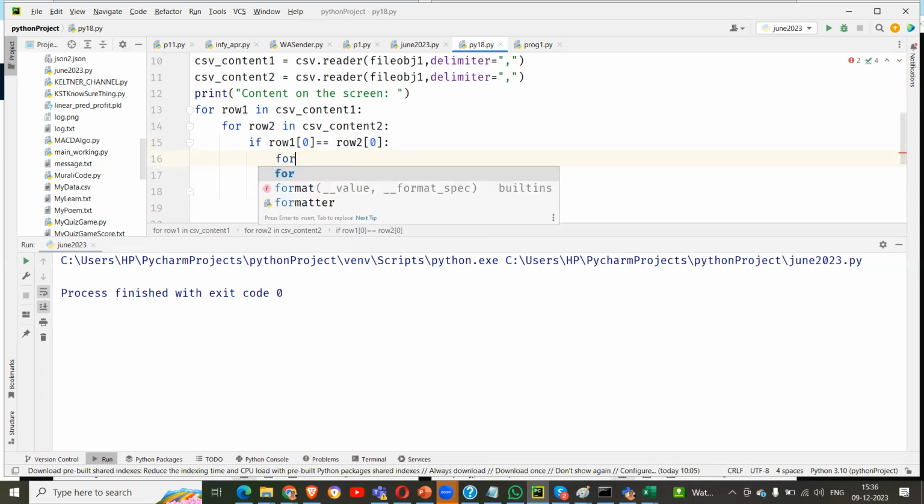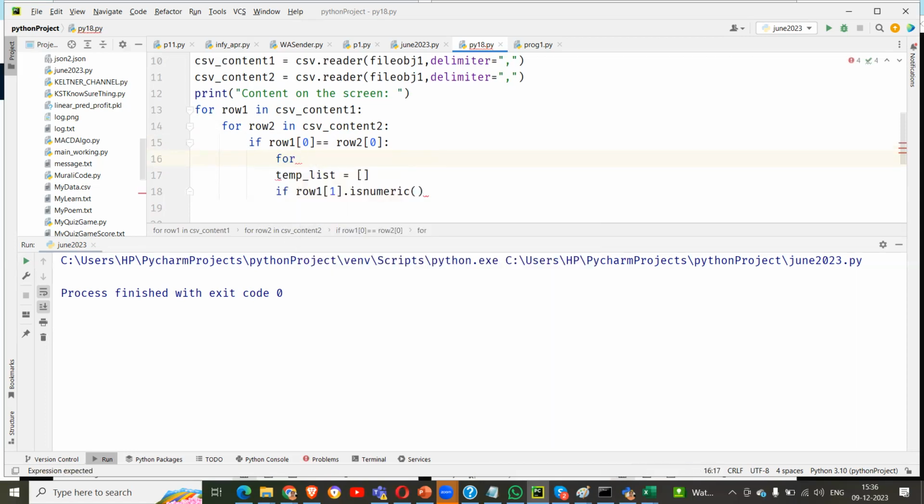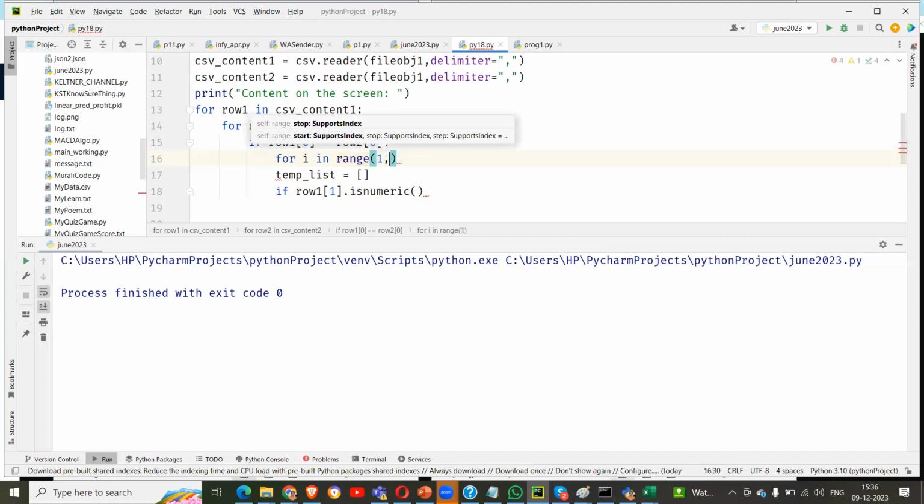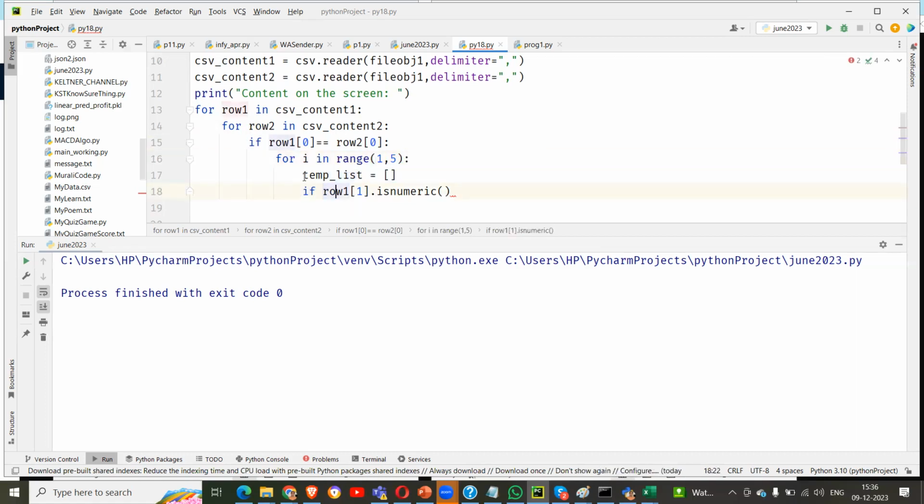So I can say for I in range 1 colon, you have to check for 1, 2, 3, 4. 1 colon 5 I will give. I'm saying if, okay, if, and this will be outside the loop, okay? We don't want to reset it to this. So I'm saying if row 1 of I is numeric and row 2 of